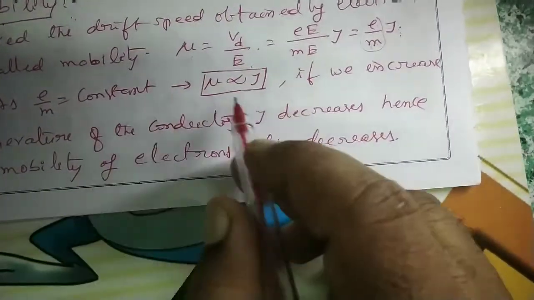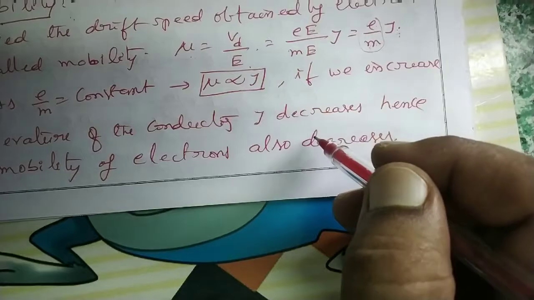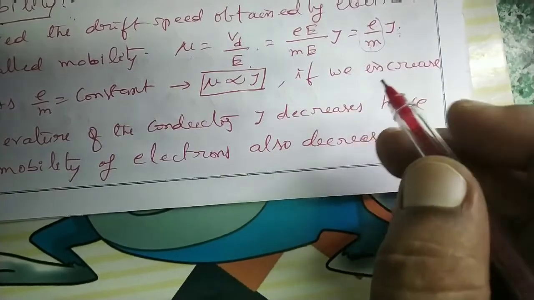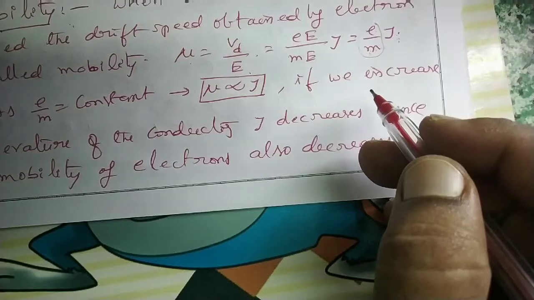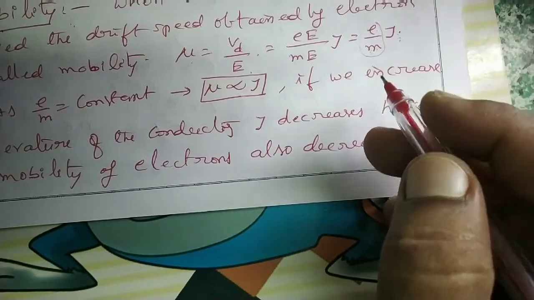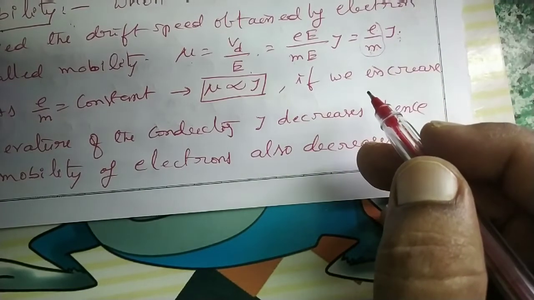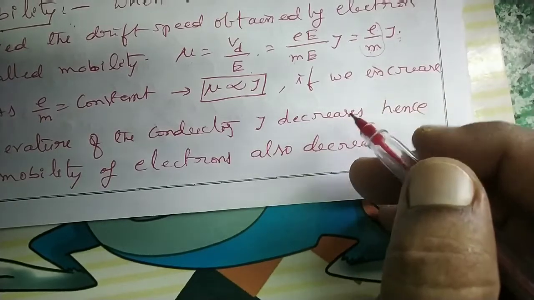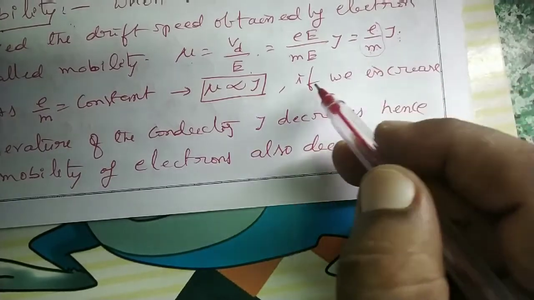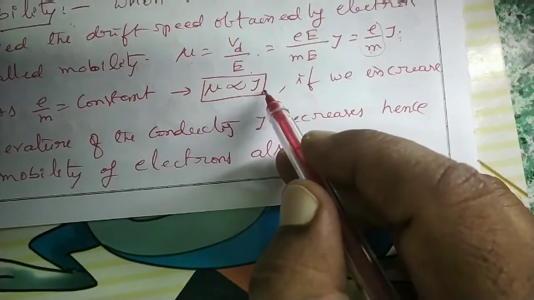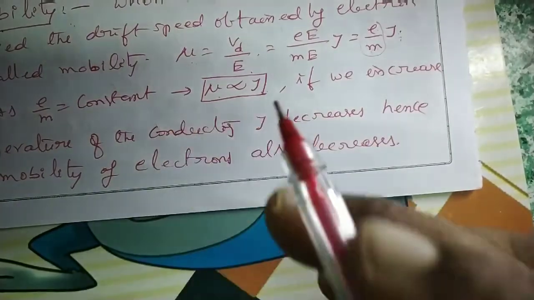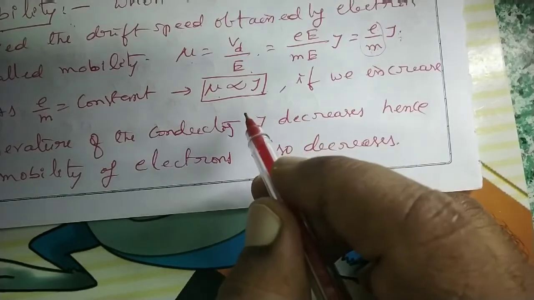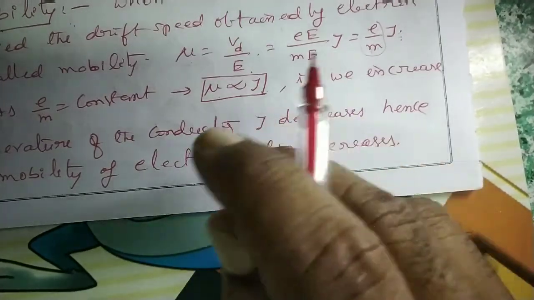Now for example, suppose we increase the temperature of the conductor, a metal. If temperature is increased, then what happens? Random velocities increase. When random velocities increase, electrons make more collisions in a short time because of random motion. More collisions in a short time means what? Time of relaxation becomes less. When time of relaxation becomes less, then mobility also should become less. That is why if we increase temperature in the case of conductors, then mobility decreases. Means what? They move slowly.